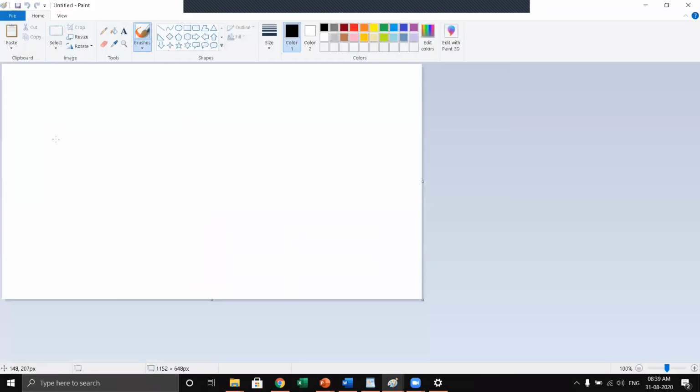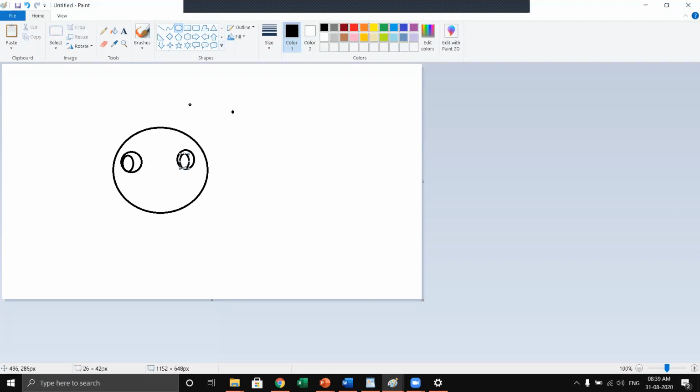I'm starting. In your reader book, you have page number 29. The drawing is there, but I'll hurry a bit, so I will not be drawing exactly the same. Roughly I will draw. The first is I have to take a circle, a big circle here, and then I have to make two small circles here, and then again two small circles here. Can you observe? Watch your reader too.